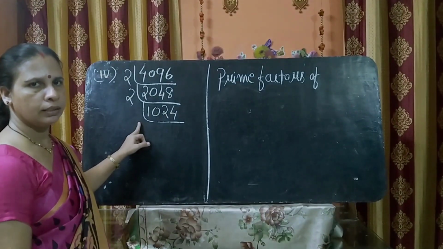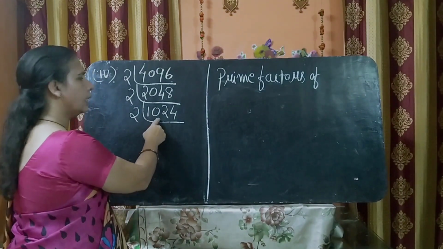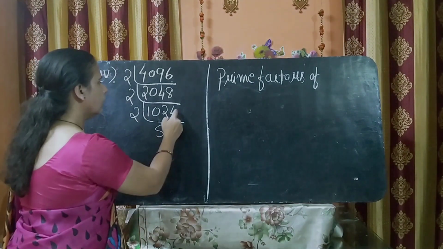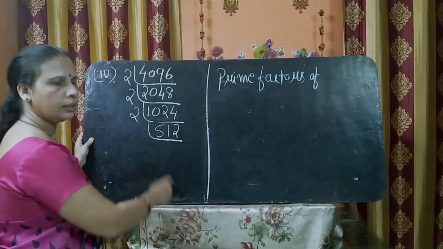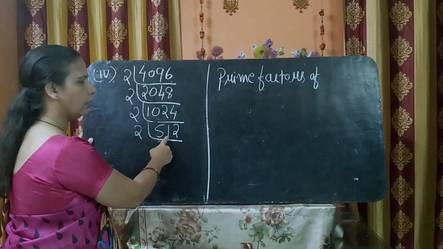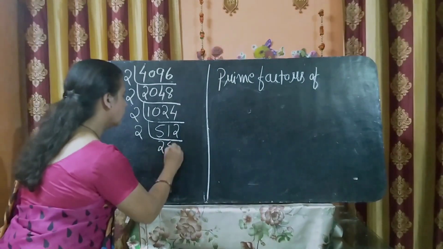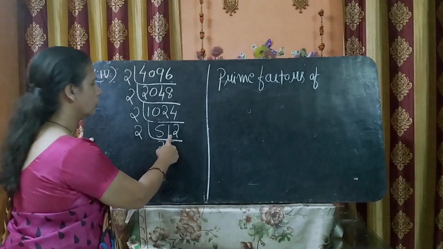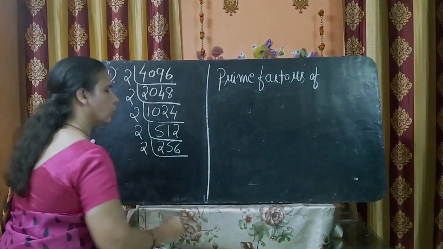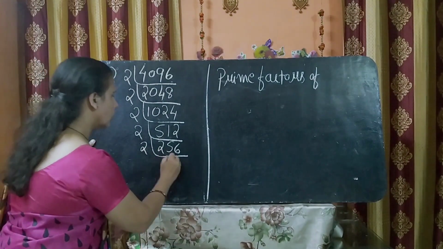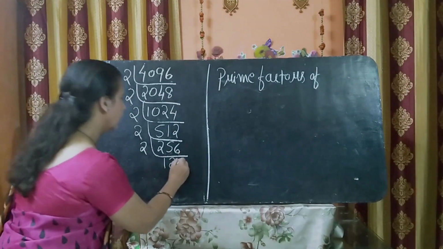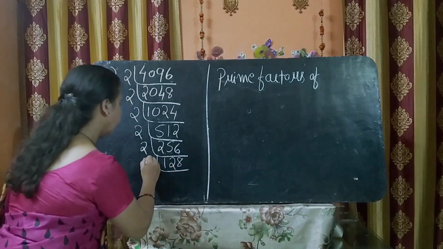Here, what is the factor? 2 is the factor. Take 10 together. 5 2s are 10. 1 into 2, 2. 2 2s are 4. Again, take the factor 2. 2 2s are 4. How many left? 1. Number will become 11. 5 2s are 10. How many left? 1. 12. 6 2s are 12. Then take factor 2. 1 into 2, 2. 2 2s are 4. How many left? 1. Number will become 16. 8 2s are 16.